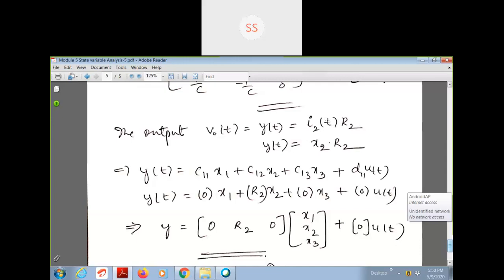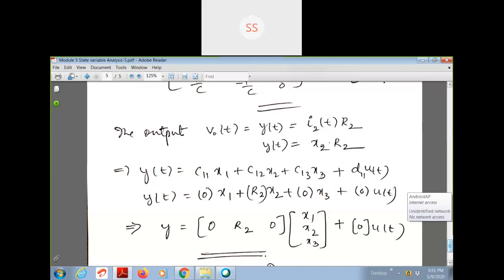Why do we have to write it in this form? Because we need to introduce a state variable in it. We have not designated anything for V naught of t, but V naught of t is I2 of t into R2, and I2 of t is a state variable. So the output equation is y of t equals x2 into R2. Now we will represent y of t in the standard form, c11 x1 plus c12 x2 plus c13 x3,